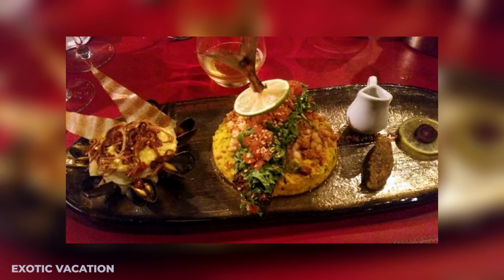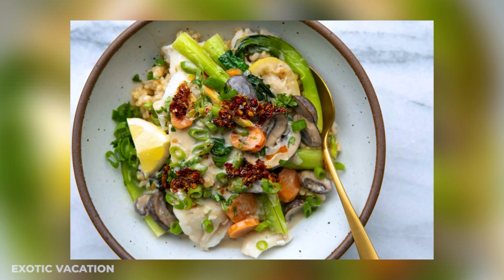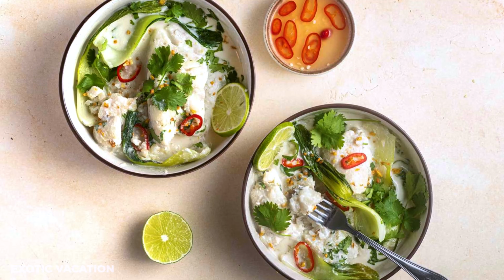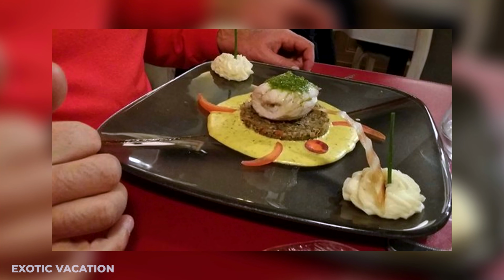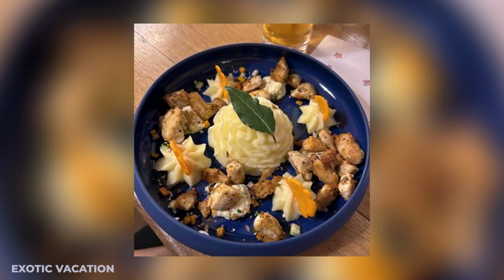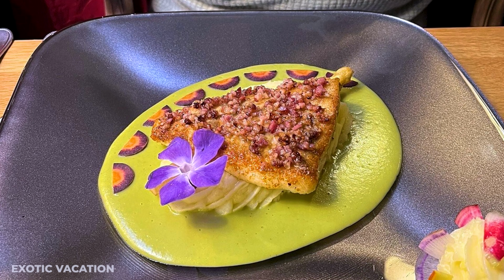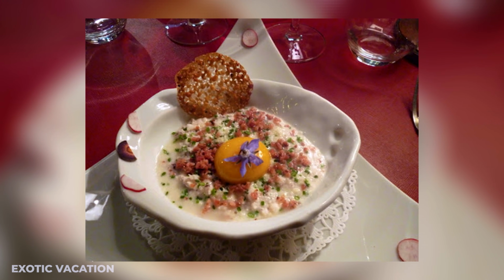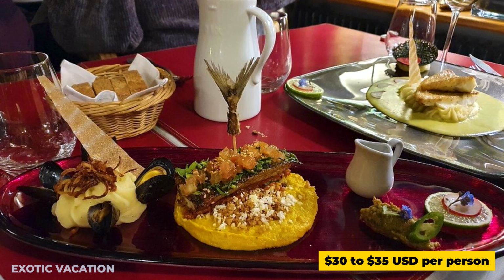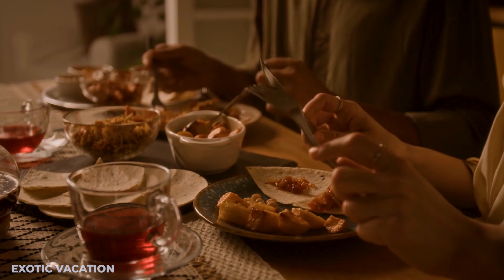The menu highlights dishes like a saffron-laced bouillabaisse filled with local catch, or a gently poached skate served with ginger and coconut for a subtle, fragrant twist. For something land-based, their free-range chicken with spiced bulgur brings warmth and depth without feeling heavy. It's a meal designed to linger over, elegant, satisfying, and true to the region. Pricing hovers around $30 to $35 per person, making it a worthwhile stop for anyone who enjoys a thoughtful plate